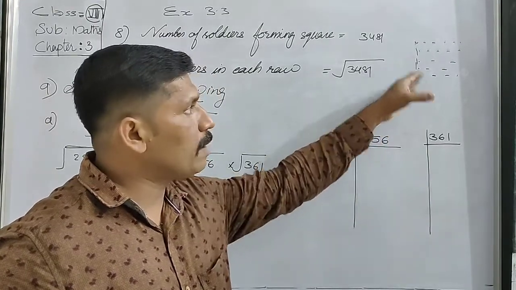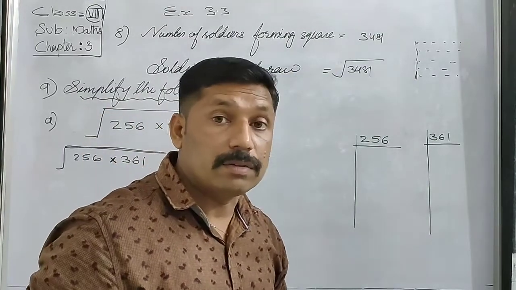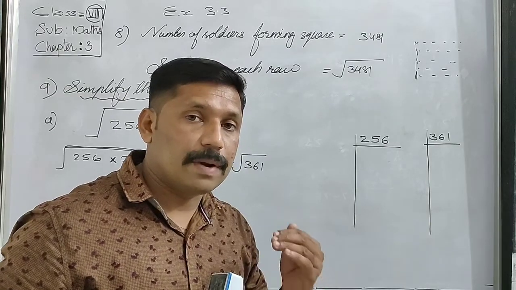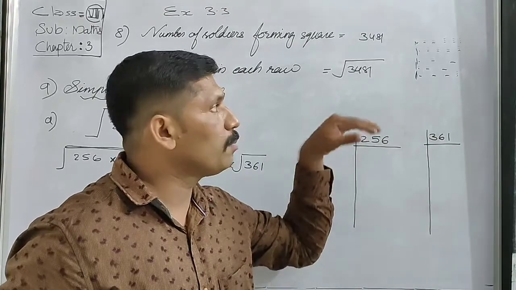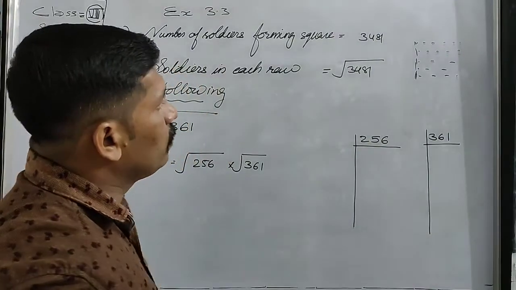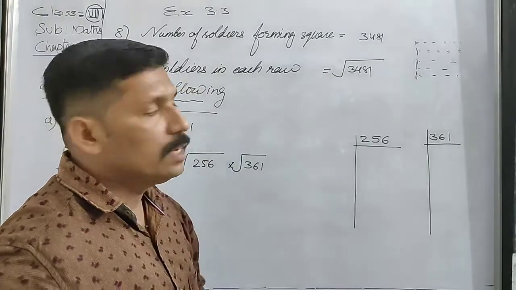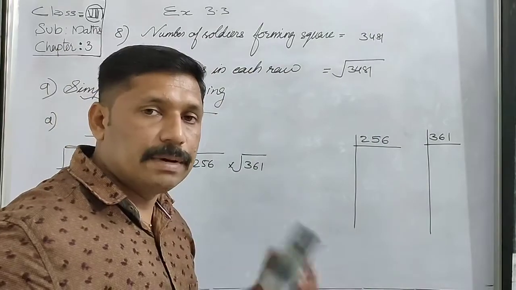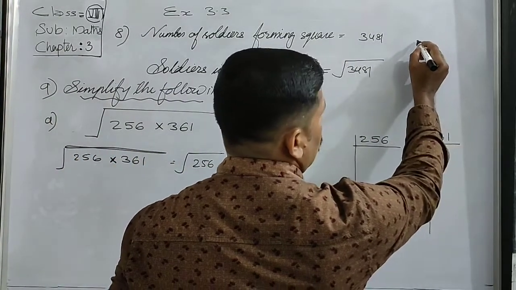In a square number, one side we have to find out. Means this side we have to find out. That means we have to find out the root. Square number, you know that when we multiply, we get two same numbers. So the number of soldiers in one row is equal to the number of soldiers in the columns. Therefore, in order to find the number of soldiers in each row, we have to find the root of the given number. We can use any method, whether it is prime factorization or long division method. I am using the long division method here for finding the square root of this number.